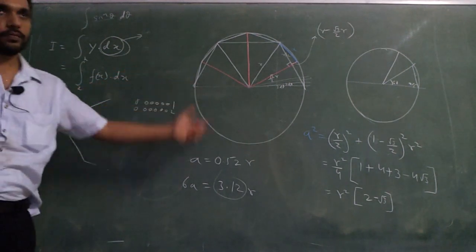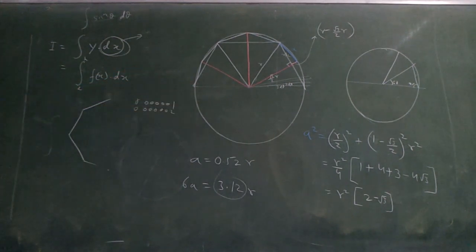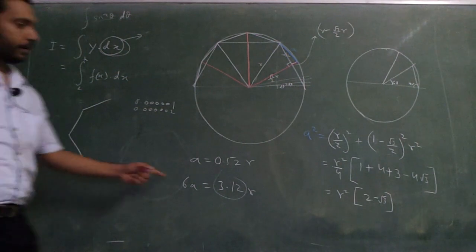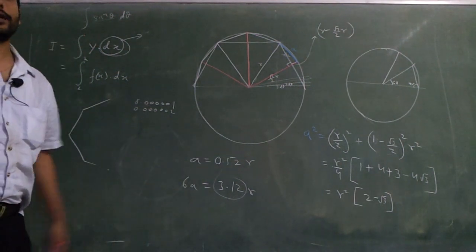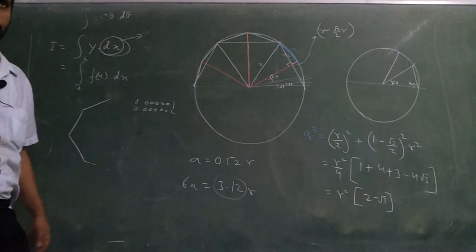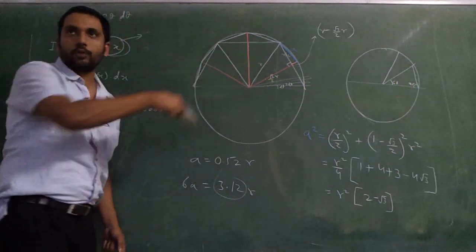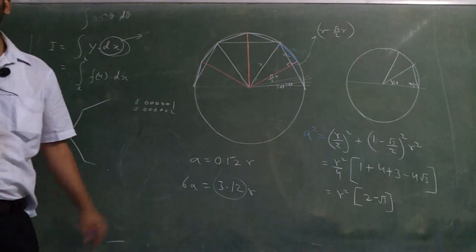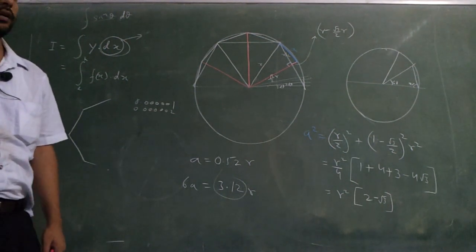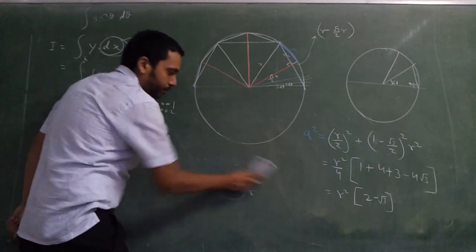Shall I rub it off? Circle. Okay. Go home and try to get a value nearer to this. If it can be done, then do something more. Any division you can take, your wish. Okay, 45, 45, 45, and then you can also divide into 22.5. Need not go in divisions of 60.